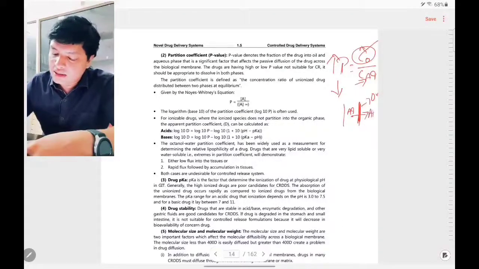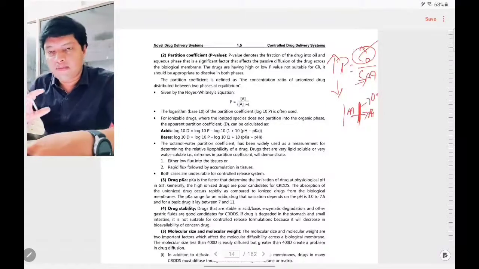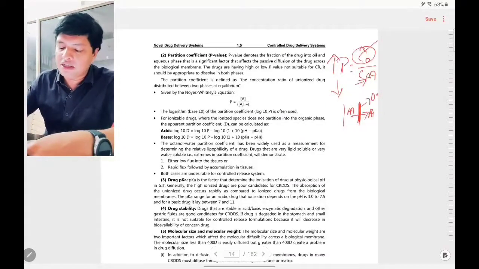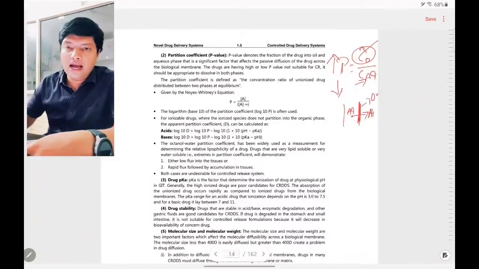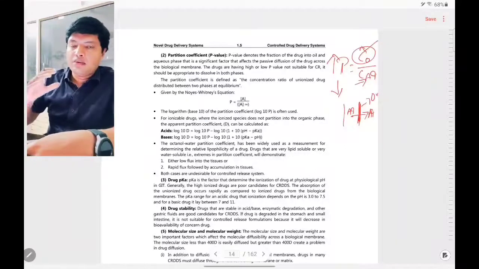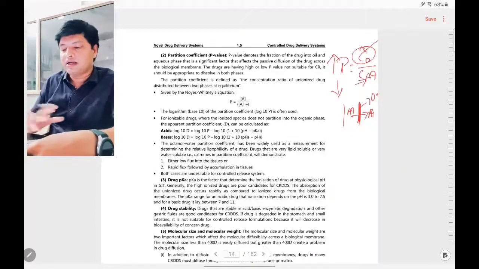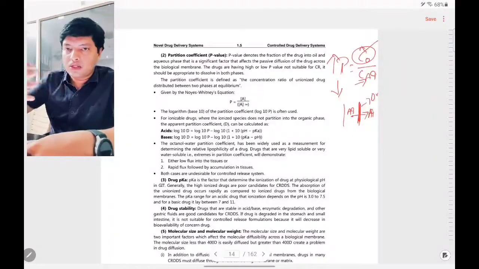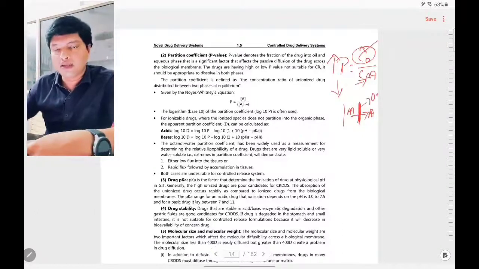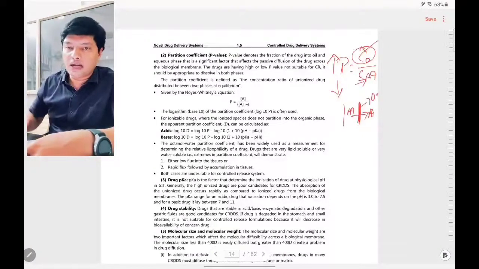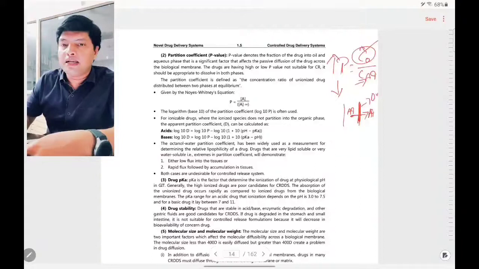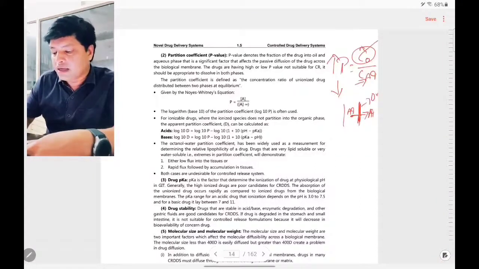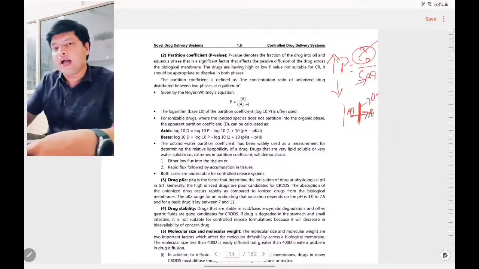Again, blood is aqueous. So if the partition coefficient is good, then what happens? The drug will partition between the organic layer and aqueous layer, because it has both properties. Its partition coefficient is moderate, so it is solubilizing, or partitioning, between aqueous and organic layer. So it can pass from the aqueous layer, that is GIT, through the stomach lining, that is organic, again through the stomach layer to blood, that is again aqueous.